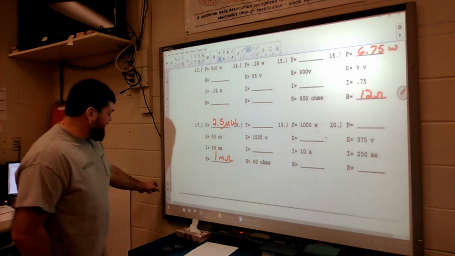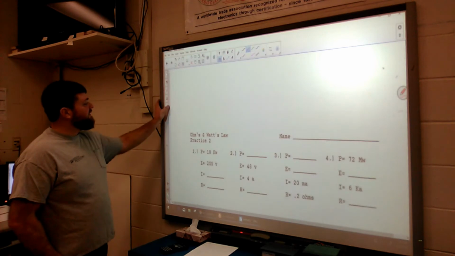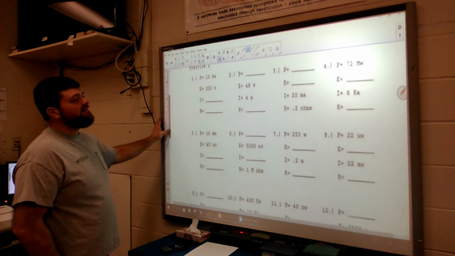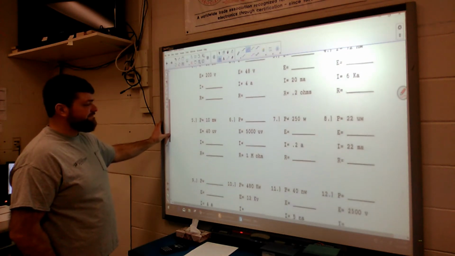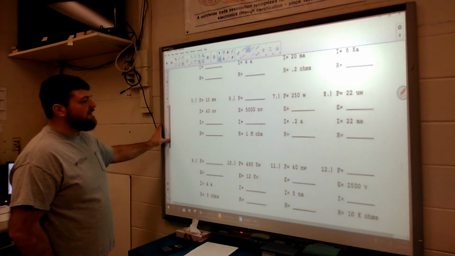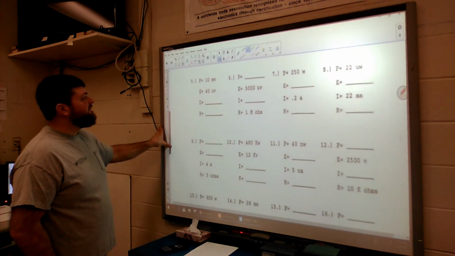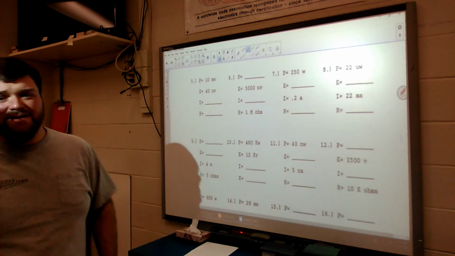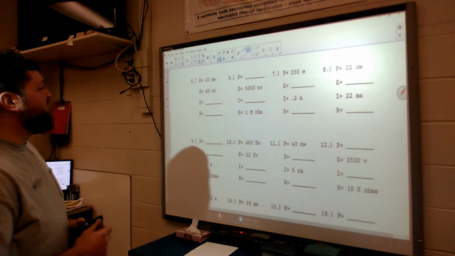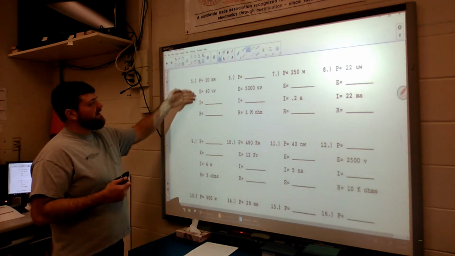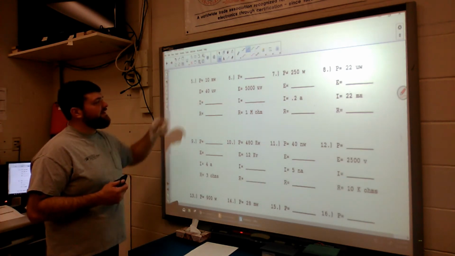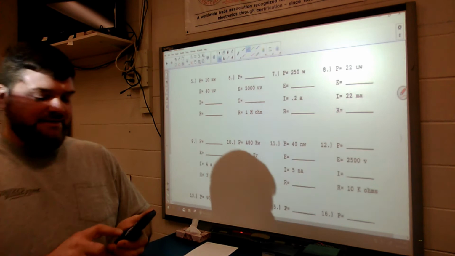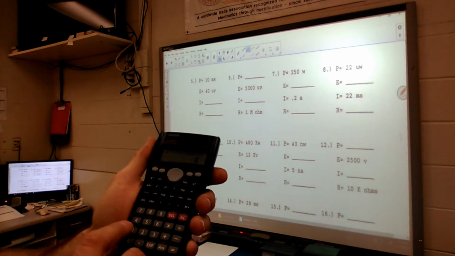Let's just take a look here real quick at the second sheet, see if there's anything I see that looks radically confusing. How about we do number 5 here? Again, it's the prefixes. So if we have P and an E, we can find an I. Right? Power divided by voltage gives you current. So if I do 10 milliwatts,